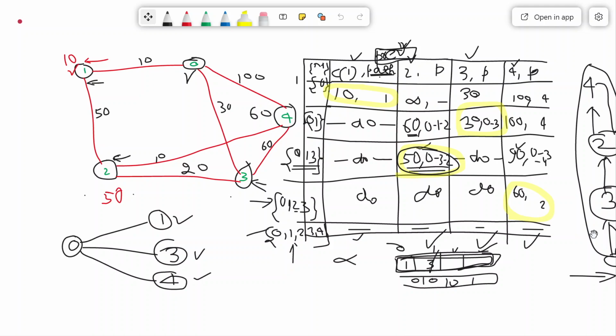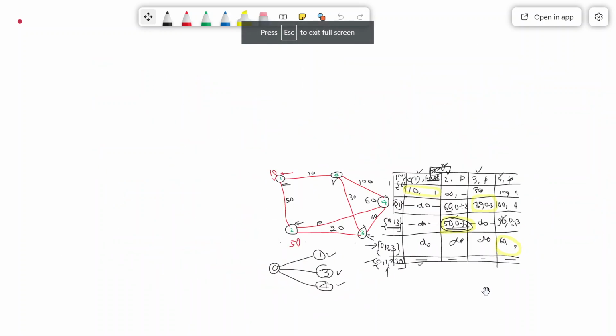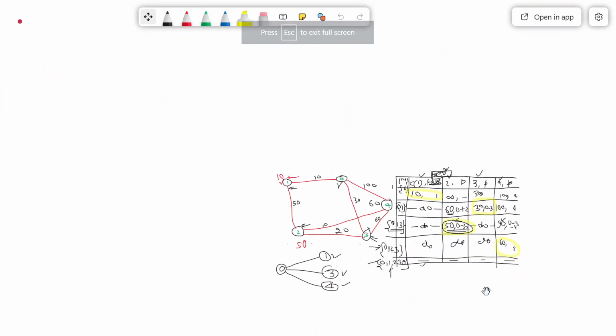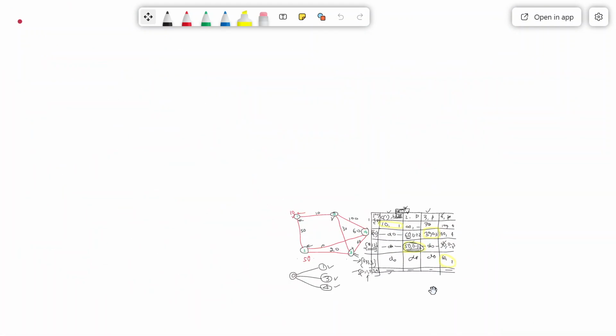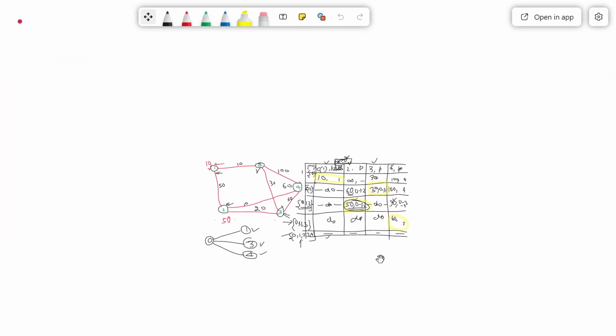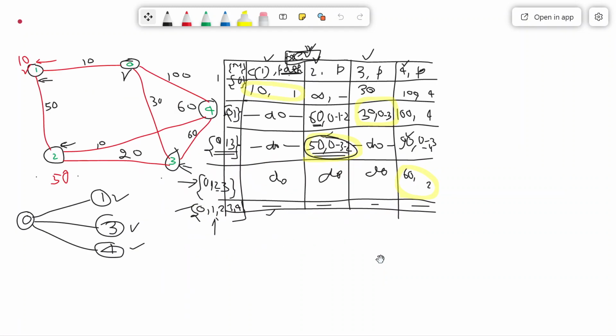Just take your time. I'm not in a hurry. I'm giving you time. Before starting the next lab, you have to complete this program. First of all, solve it manually. Take 2-3 different examples, develop the logic, think over the theory and the logical aspects that I have given to you, and then devise your program.